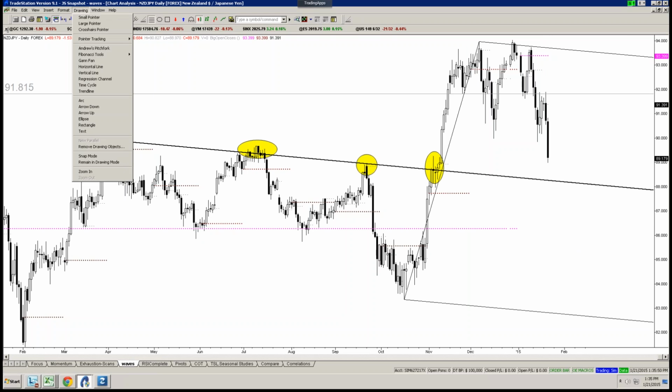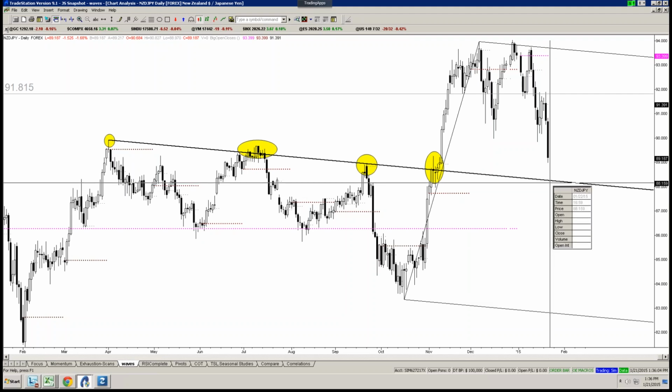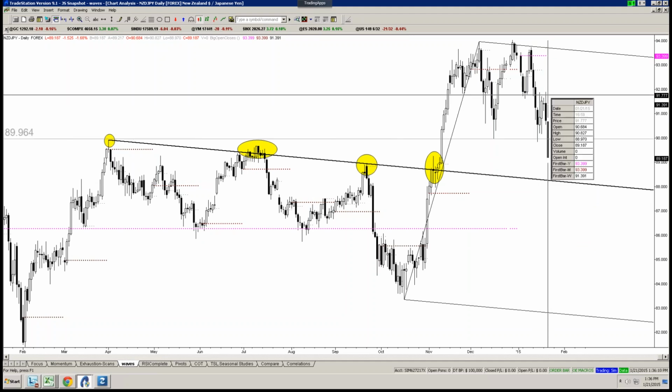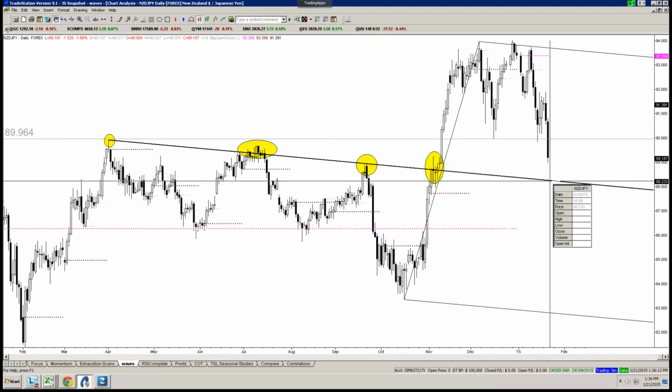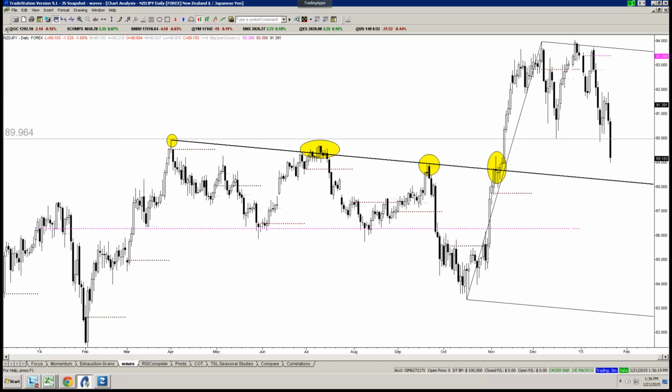Let's take a look and see where the 50% and 61.8% come in too, okay? So 88.70 there, 87.40 there. It doesn't intersect perfectly. I take more stock in the parallels than I do the fibs. It's great when they line up perfectly, but in this case it just does not. So it gives you an opportunity potentially to target this level first, say 88.30, with a stop at, again, 90.50 or so, and an entry near 89.95.